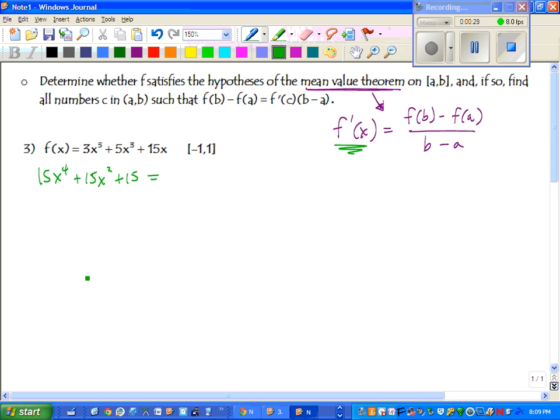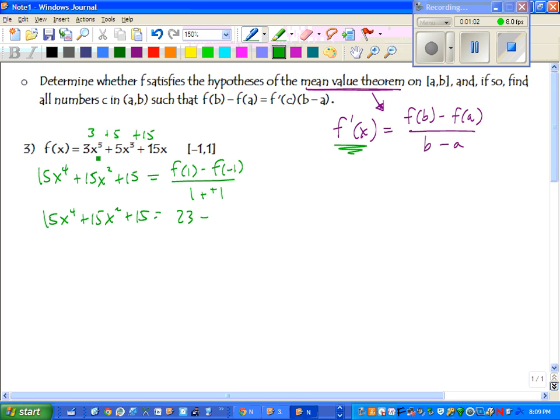We want to know when is that equal to f of b, so f of 1 minus f of negative 1 all over 1 minus negative 1. So 15x to the fourth plus 15x squared plus 15 equals f of 1. If we put 1 into this function, we're going to get 3 plus 5 plus 15, so 23,